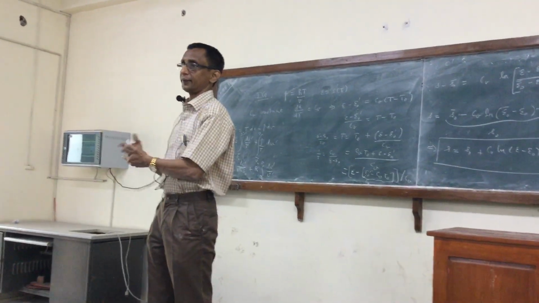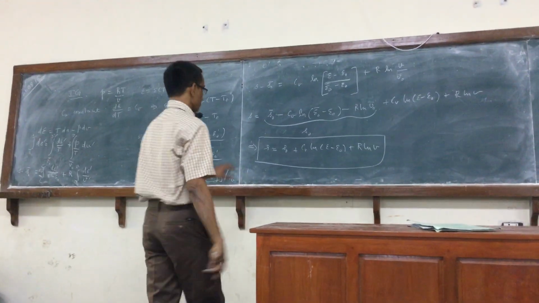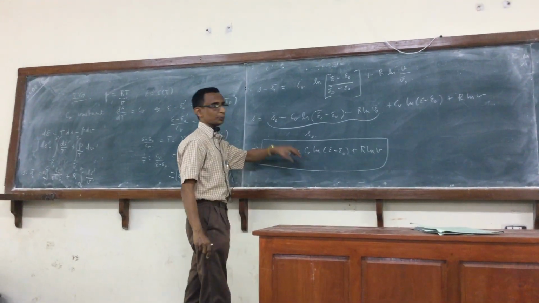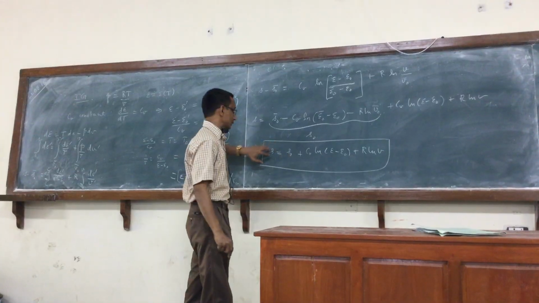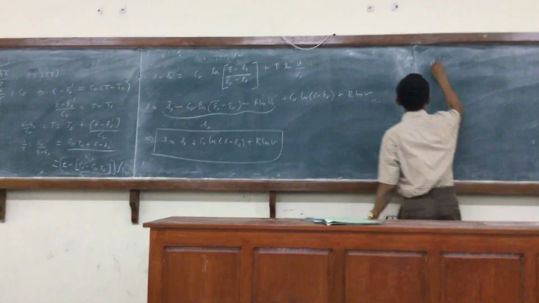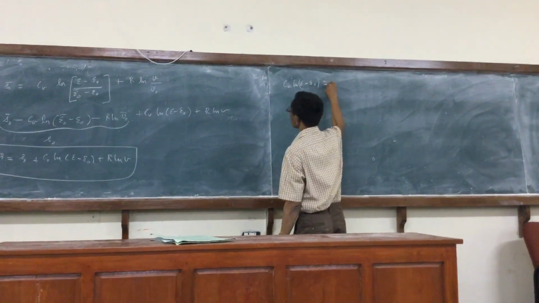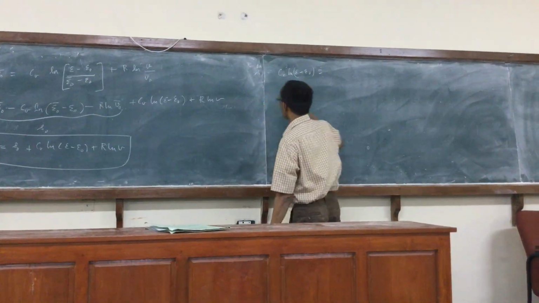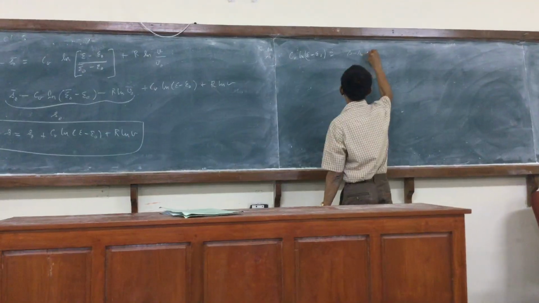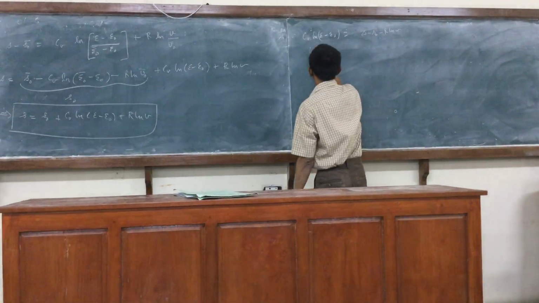It didn't necessarily say that one has to be expressed in terms of another. So this is a perfectly valid expression. But if I want now epsilon to be written in terms of S, that is easy to do. So for that I see that Cv log epsilon is equal to S minus S naught minus R logarithm of V. And so